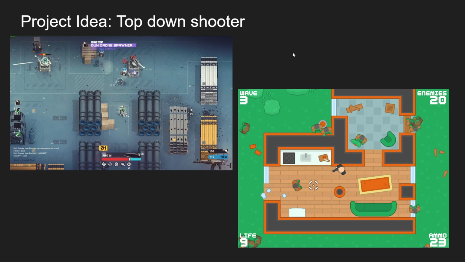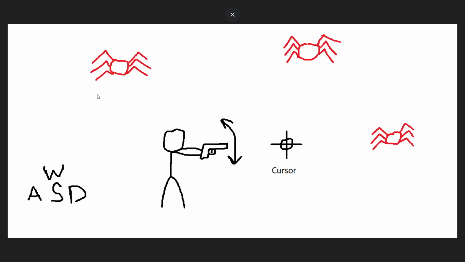And for those of you who aren't aware of what that is, here's a little graphic I made, a little diagram. So here's your player that you control, your character. Usually the arms and the weapon that you're holding get followed around with the cursor. So if I move my cursor up like this, the arms and weapon will point up towards the cursor. It has full 360 degree movement. I plan to use these for character movement, and basically the goal of the top-down shooter game is to shoot the bad guys. So here's some enemies right here that